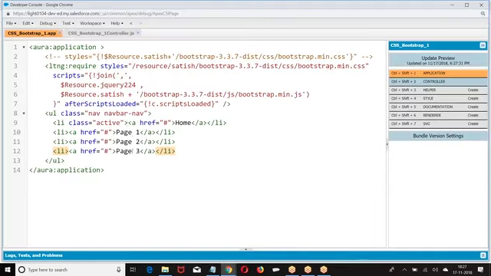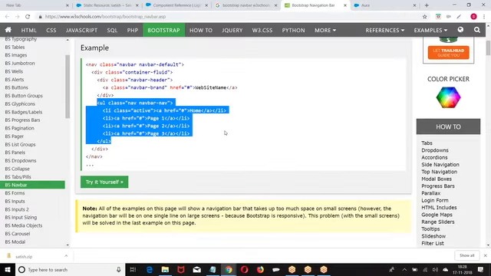Who gave this color? Who gave the width of the box? That is already defined in the CSS of nav. Whatever CSS of nav is applied, the same thing we are applying here. If you want a menu bar with this look and feel, instead of defining it yourself, go to Bootstrap. Already predefined structures are there, so use those structures. I hope you are good with this. Clear for everyone?